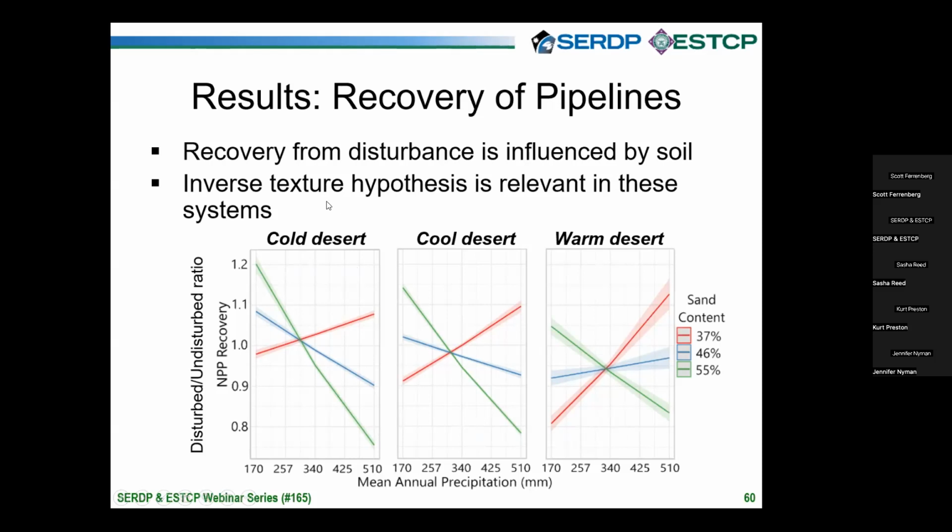And so it tells us that we have to not only think about background climate, the species that are present, their evolved functional types and forms, but also the soils in which they're occurring on top of interannual climate variation. It creates a very systems-driven need and view of these systems.